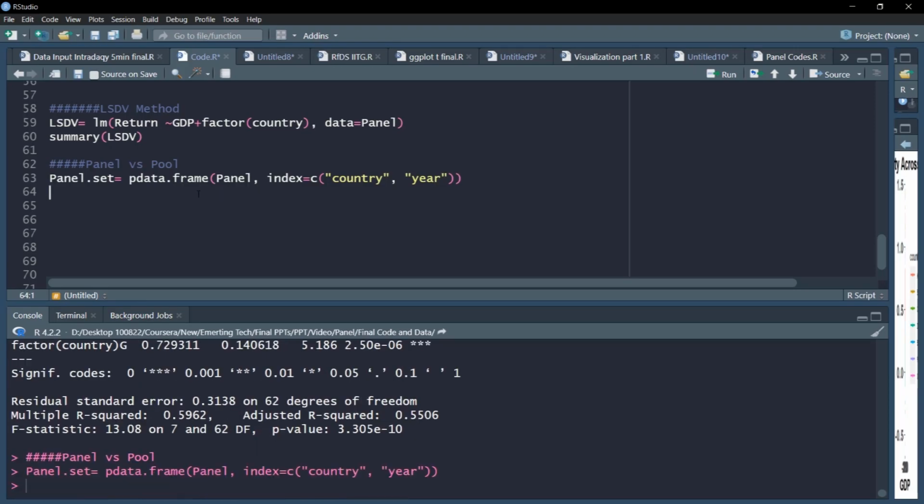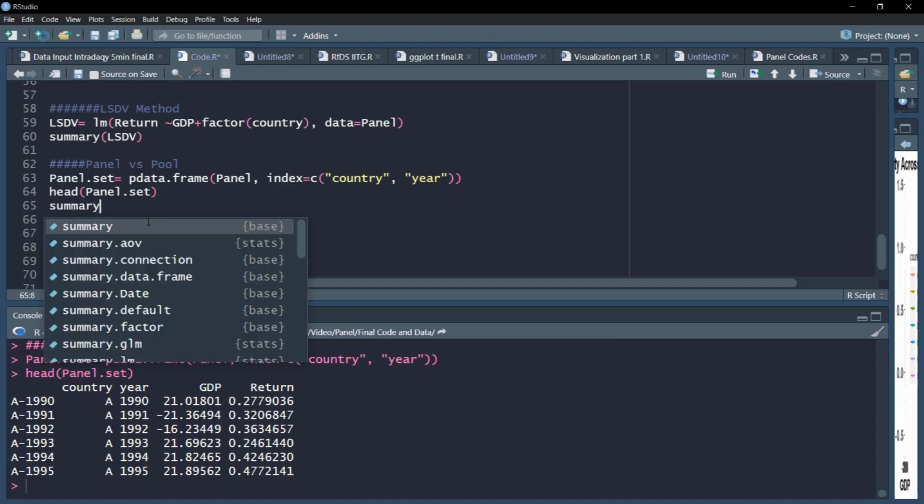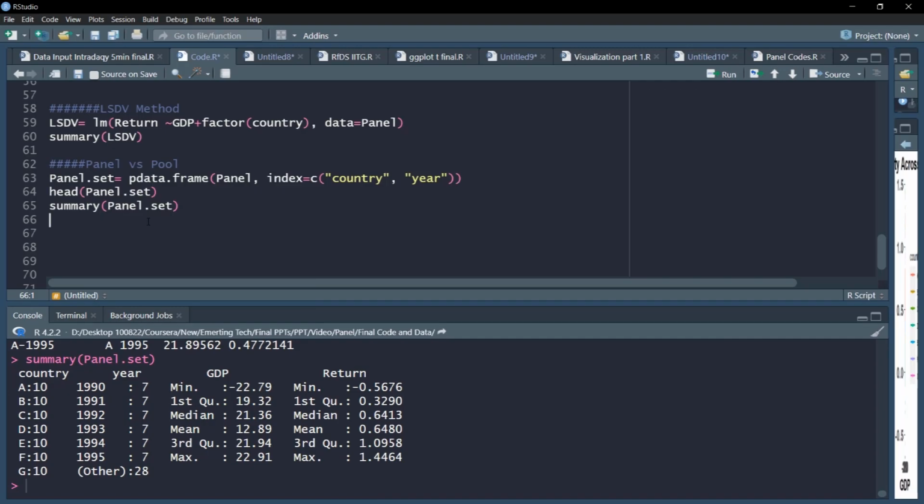Whether your data is converted into panel data or not, you can run a head command, and you can see here now there is a specific dimension which is added. It's not a column, it's just a property of your data itself. Like a timestamp, you have a time and individual dimension. You can also add a summary command to see more clearly the panel set. So you can see your data has been summarized properly across country and year dimensions.